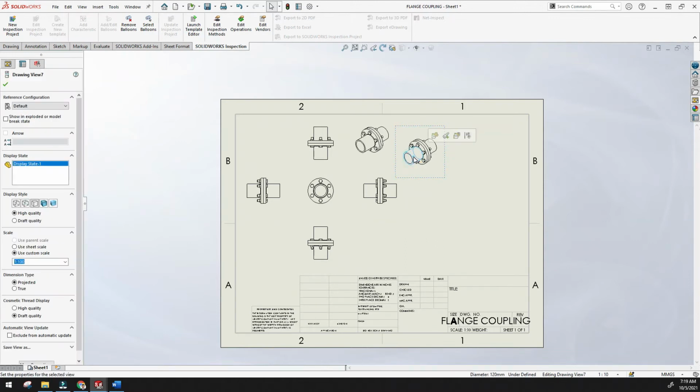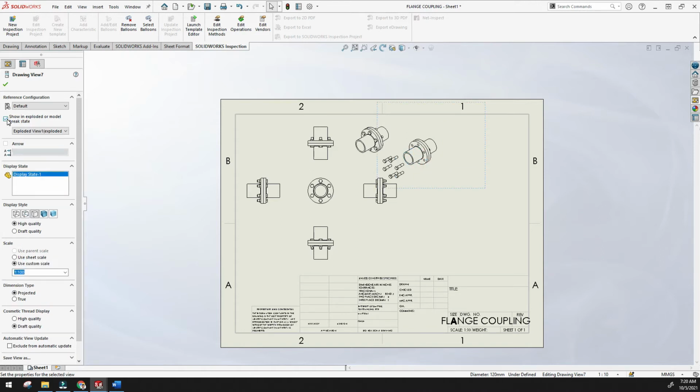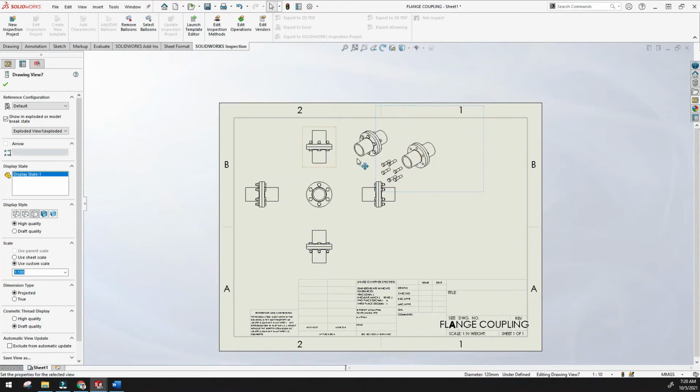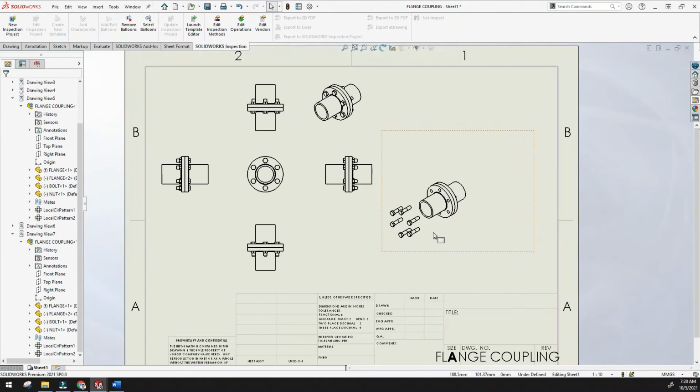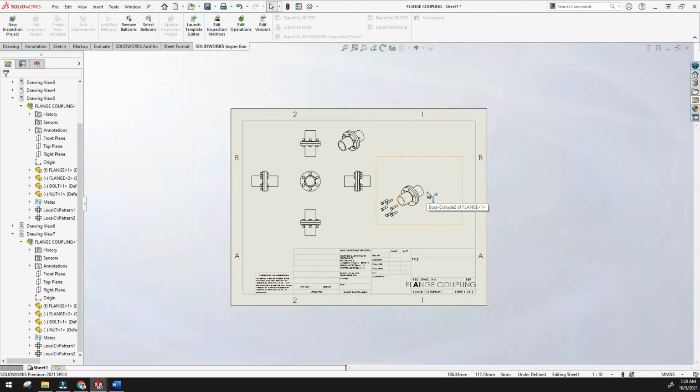Once you click the pasted copy, here you can see the option Show in Exploded or Model Break State. Just click this, and see, you will have the exploded view. So this is my exploded view. You can arrange it wherever you want to keep the exploded view.